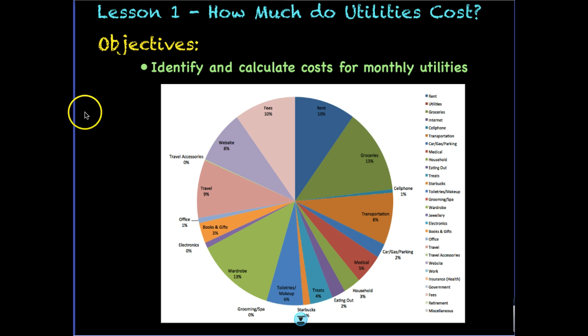I have included here a pie chart of some different budget items since you researched and wrote about budget items. So just wanted to see if you had some of these items in your budget. If we look at this pie chart, you can see that there are items ranging anywhere from Starbucks to spa treatments, all the way to travel accessories, including rent. It's a whole smorgasbord of things that you have to consider when you are budgeting to live independently from month